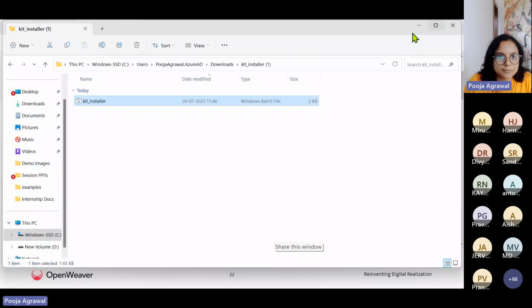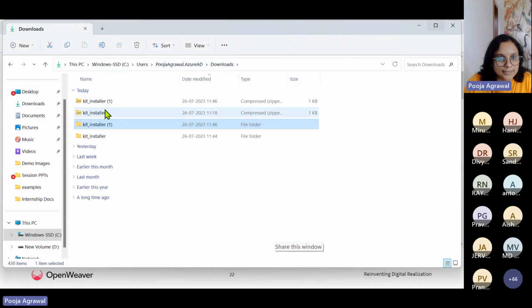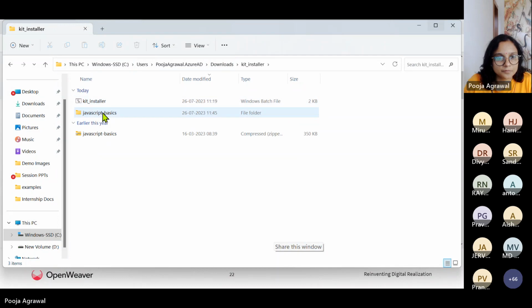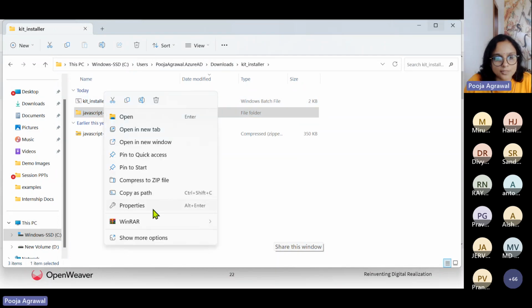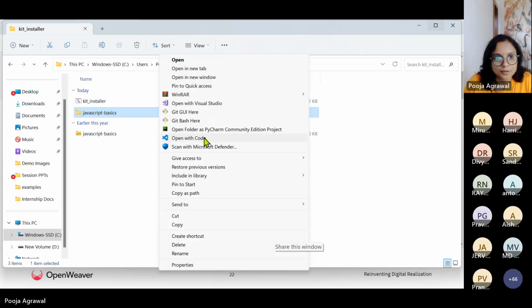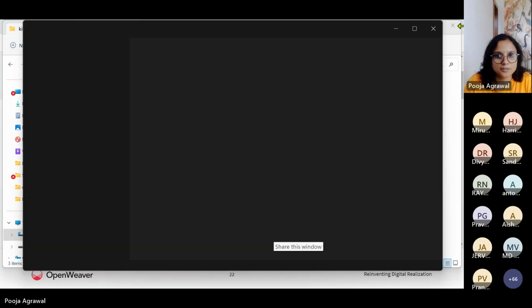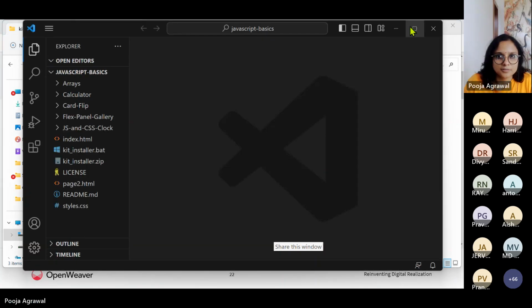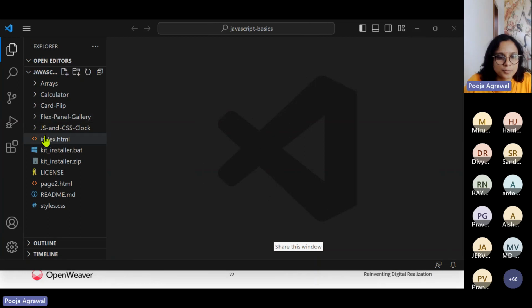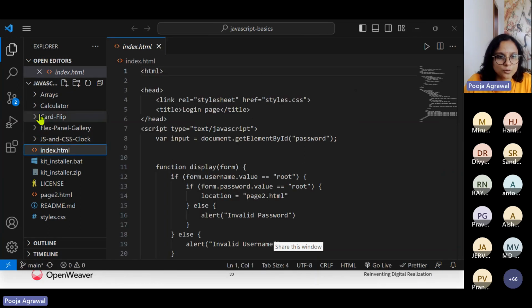So my JavaScript, I would just go and open from here. Let me open this folder with VS Code. As I open this folder, the first file that I usually go ahead with, which starts to run or showcases in the browser, is your index.html. We would see that here we have your style.css.